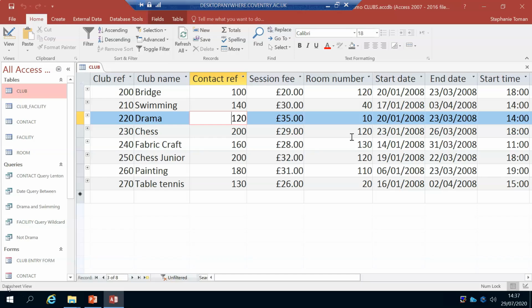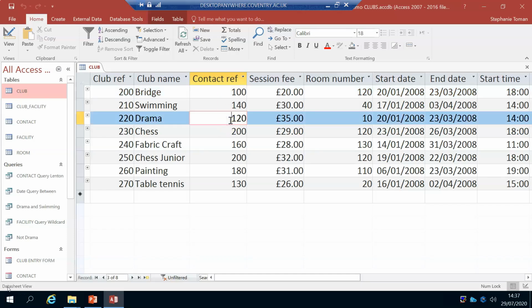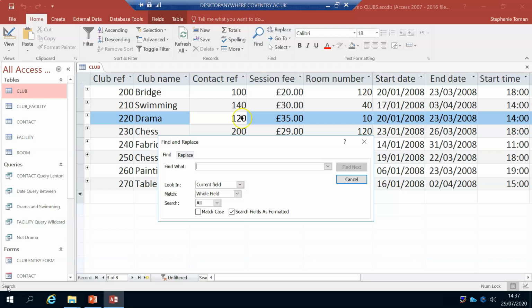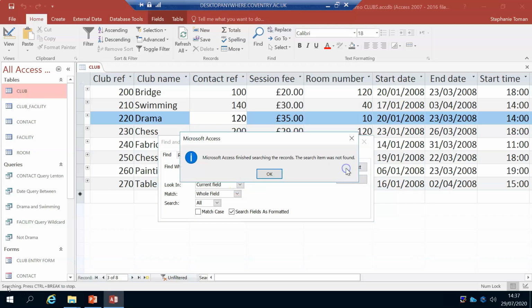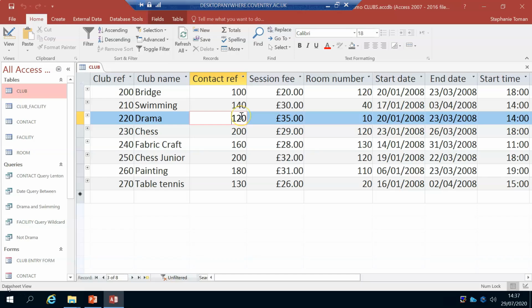So it needs to know which one you're searching. So if you're searching a 120 contact ref, then you go to find and you put in your 120. And it says current field, so that's okay, find next, finish searching and cancel, so it's found it. Okay, so make sure if you forget and you do it in the exam, it doesn't find anything, that's probably what's happened. So make sure you do put your